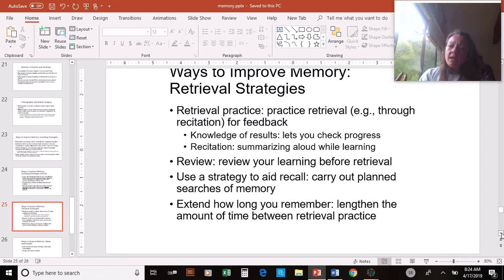And so, sometimes we study by reciting the information, and we say knowledge of result lets you check your process. I would say that would be like maybe we test ourselves on it. I like to make note cards, and usually if I make note cards, I have a question or a definition on one side, and then the answer on the back, and that's really a good way to study. That always helps me a lot.